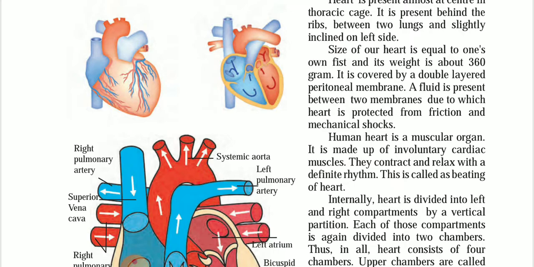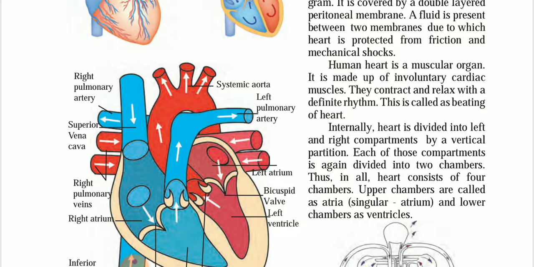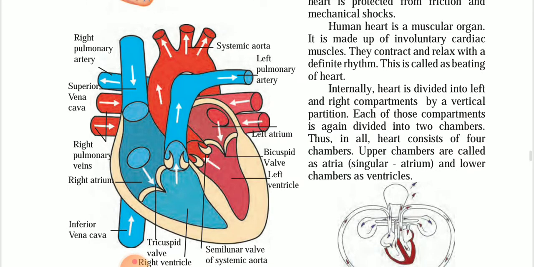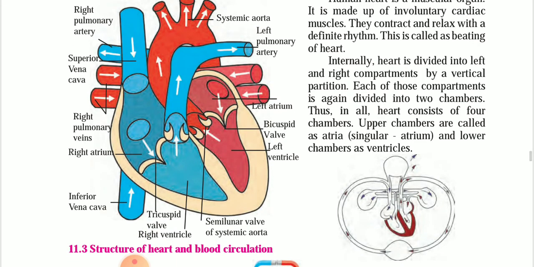It is made up of 4 chambers. The muscles of the heart contract and relax rhythmically. Okay, it is divided into an upper part and a lower part. You could see right and left side. Okay, on the right side, it is called the right atrium, and the right ventricle, as well as the left atrium and the left ventricle. So the upper chambers are called atria or atrium, and the lower chambers are called ventricles.